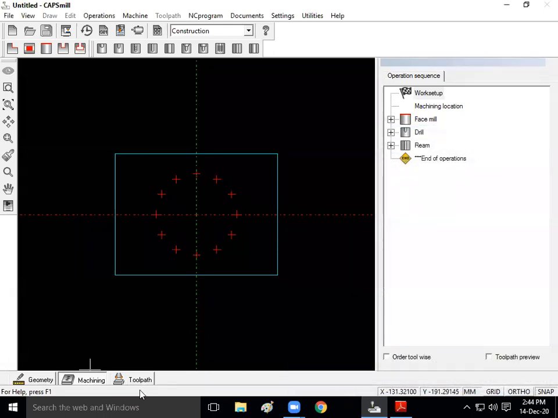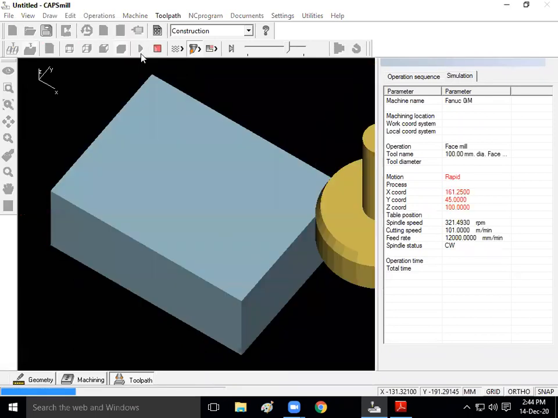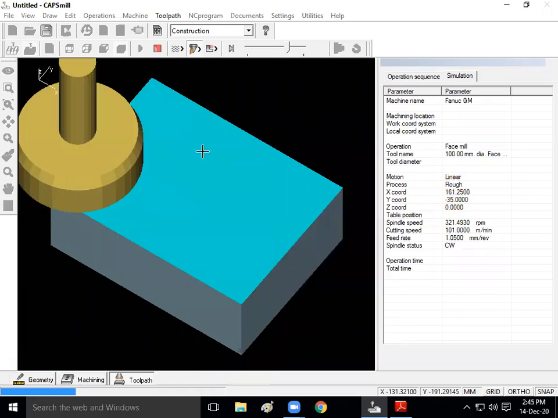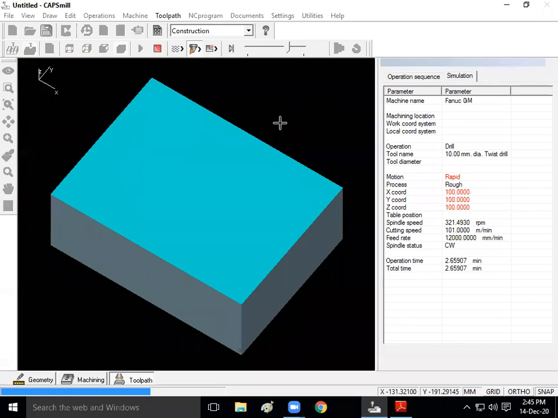After that, you go to this toolpath and you can say start simulation. So this is the face milling. This is the face mill cutter of diameter 100 mm. The diameter of the tool is 100 mm. So the face milling has been done. Next operation is drilling.